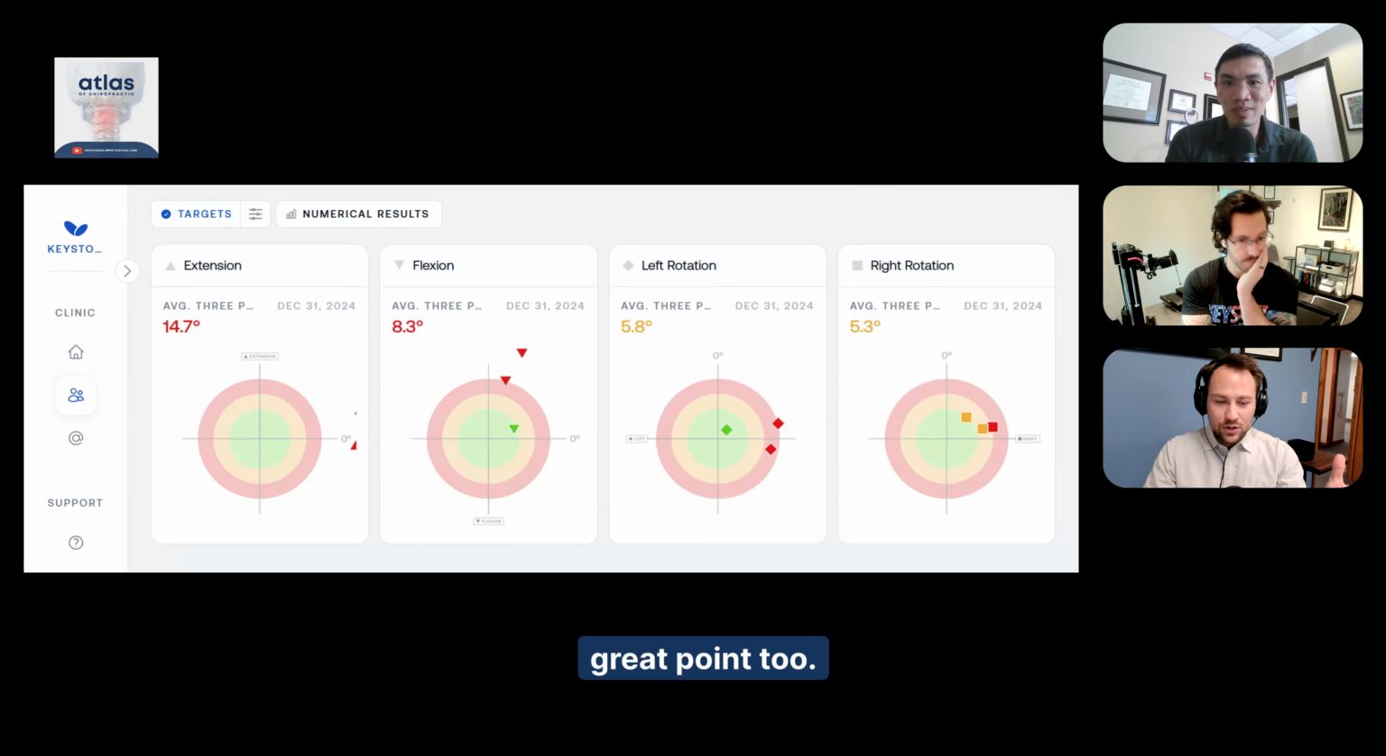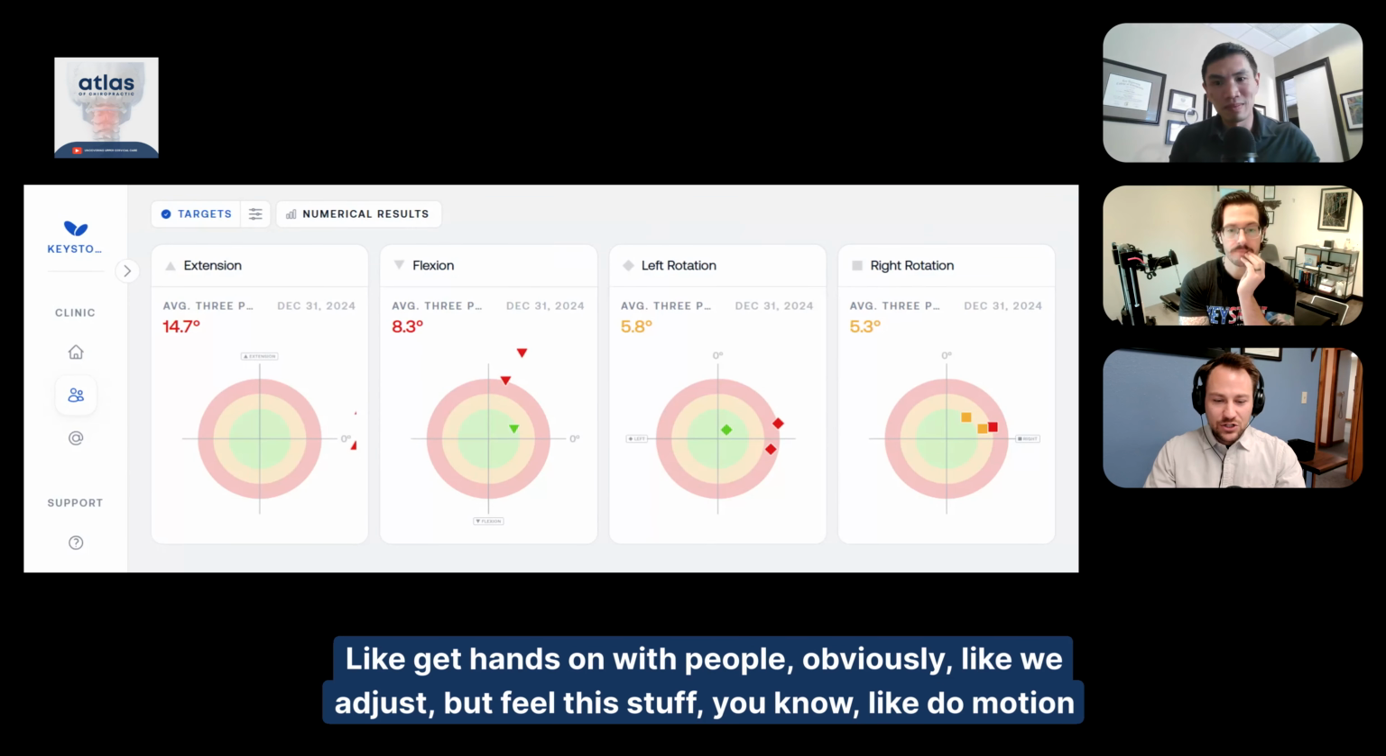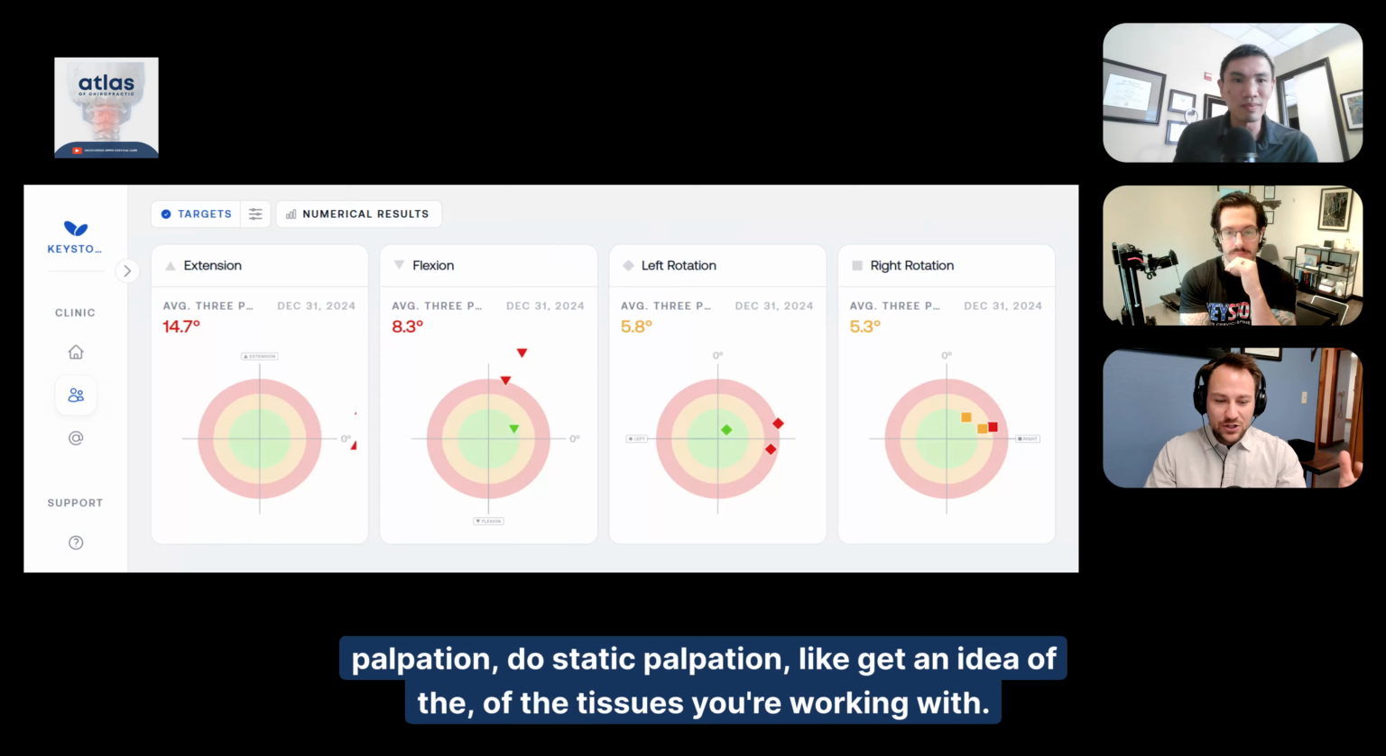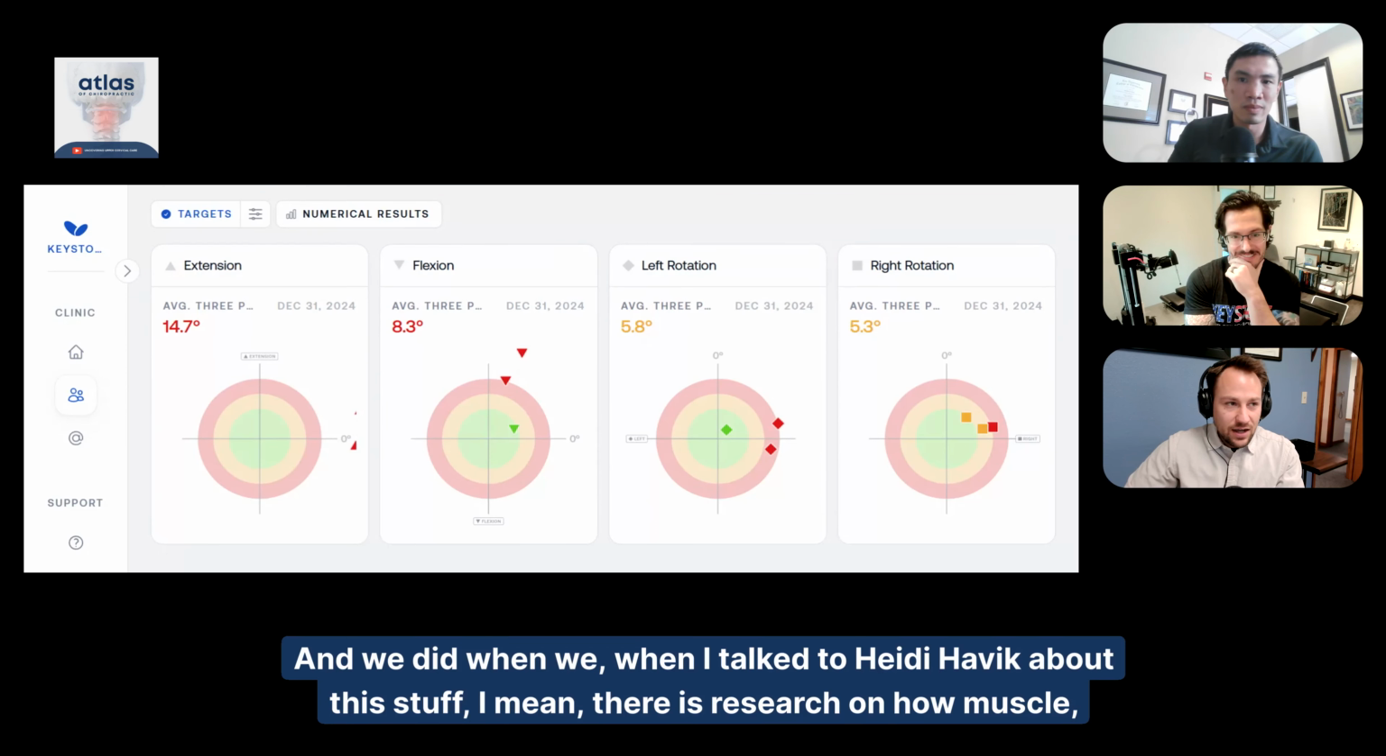That's a great point too. Get hands on with people. Obviously, we adjust, but feel this stuff. Do motion palpation, do static palpation. Get an idea of the tissues you're working with. And when I talked to Heidi Havik about this stuff,